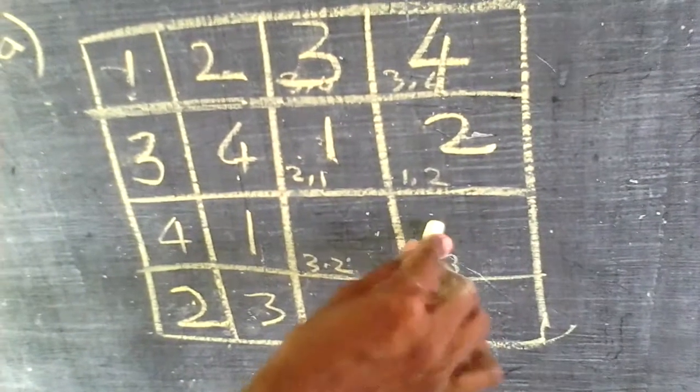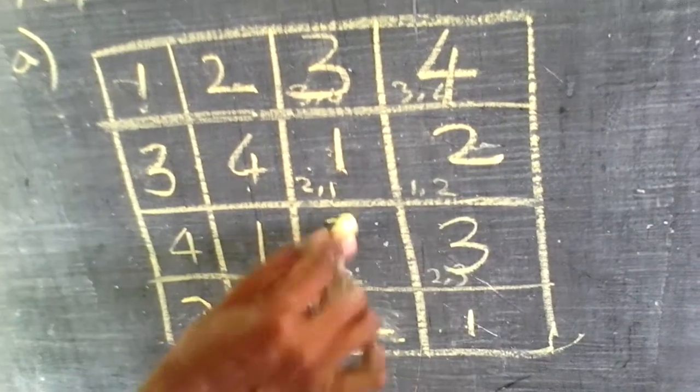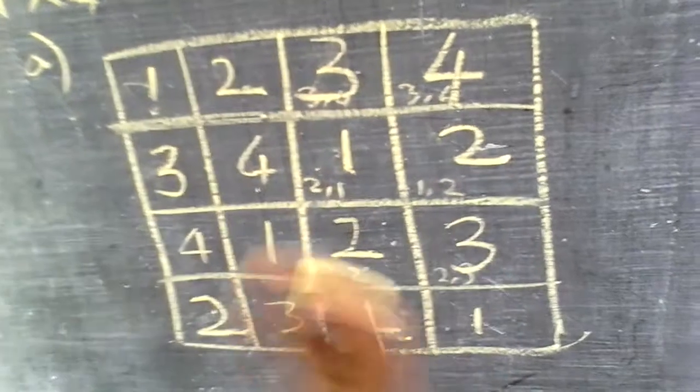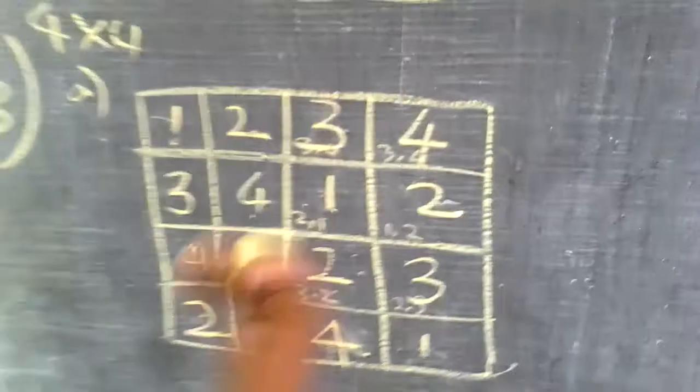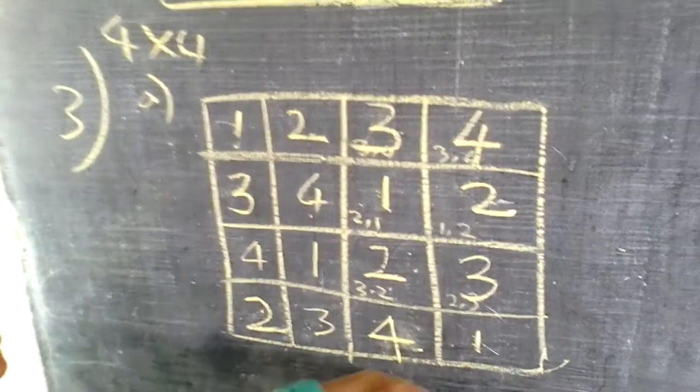So here definitely you must get 3. Definitely you must get 4. These we have imagined and put. The information we got and we imagined, and we have processed the data. Similarly, you try. This is very simple. Addition is 15 here as well as here. Horizontal and vertical. You can solve this.